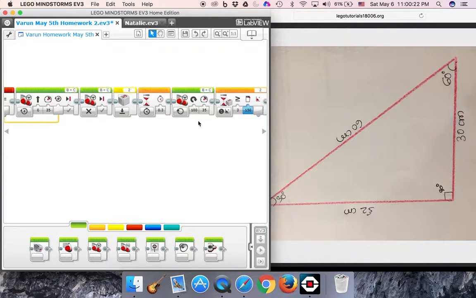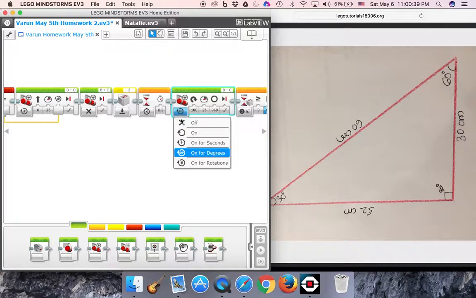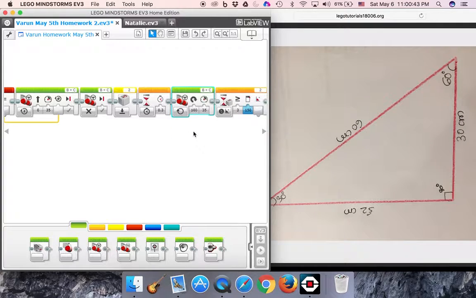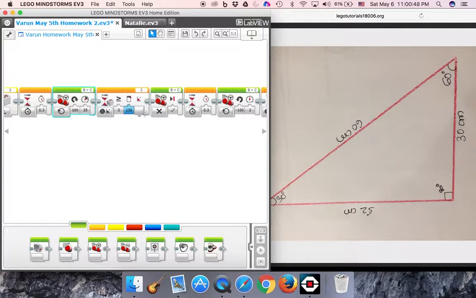Then it turns to the right at the speed of 35, and you put it on. Again, what you've been doing all the time is you've been using degrees, and these degrees have nothing to do with how the robot moves. Just forget those degrees right now. Keep it on until the gyro reads 150. So it reads 150, the motor stops, there is a pause of 0.3,